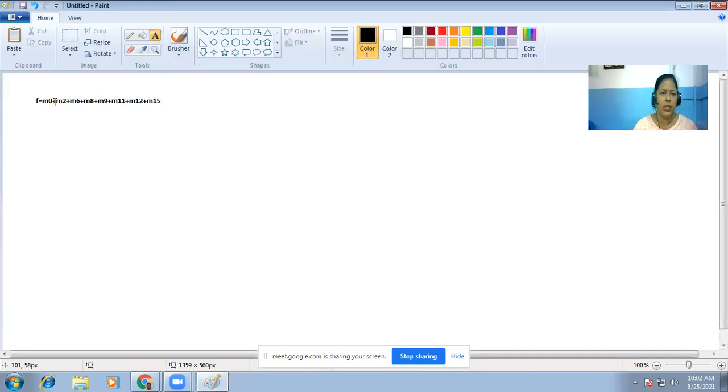So suppose this is a function given which we are supposed to simplify using K-map. So again 15 means 1, 1, 1, 1. So it will be a four variable K-map.